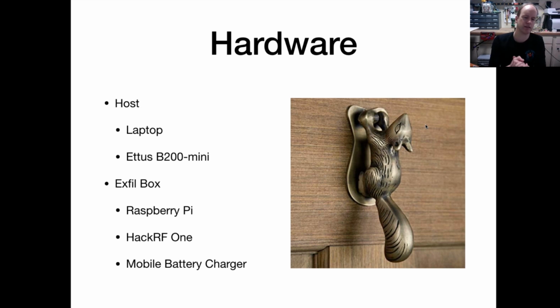And I did a demo of this actually at Hackfest 2018, and I used a mobile battery charger pack. So the Exfil box was completely self-contained at that point. But in the demo I'm going to show you today, I actually have that plugged in, and I'm going to apologize for that because the battery pack that I was planning to use, I really thought it was here. And then I talked to my wife, who's in California right now on work, and she told me, oh, sorry, I took that. So my apologies that I can't show you the demo with the battery charger on there, but it really is a very similar thing.